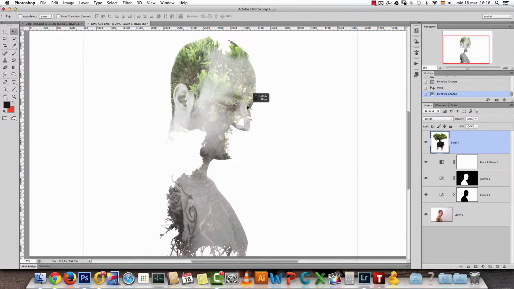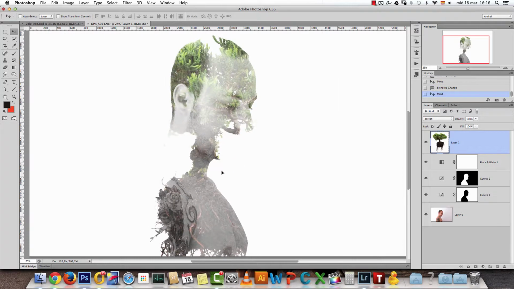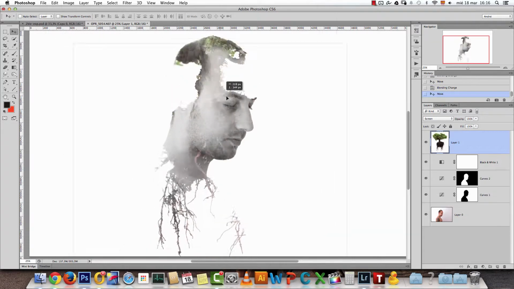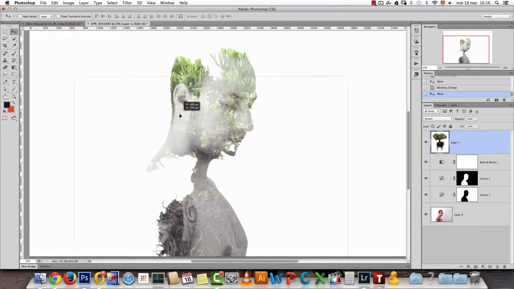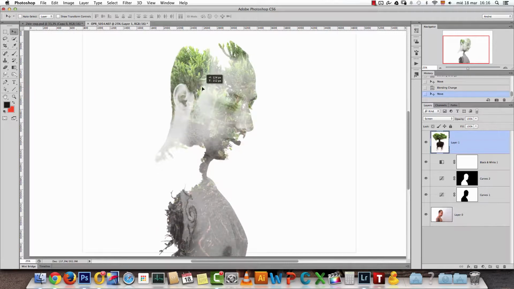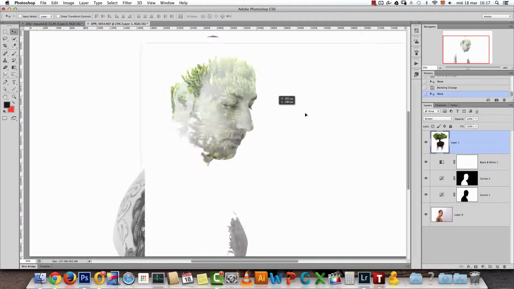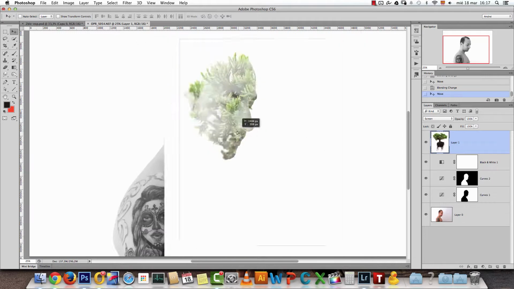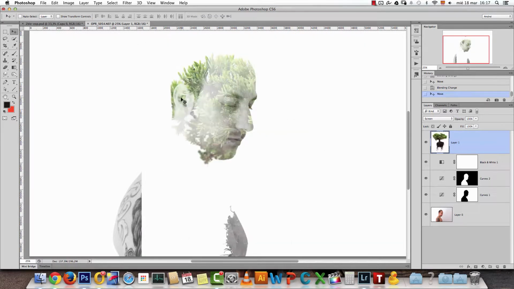Okay, now you can see that the dark tones of my portrait, for example, the hair, is where the image of the tree is visible. But other parts, like the ear, where we have a lot of bright tones, the tree is barely visible.